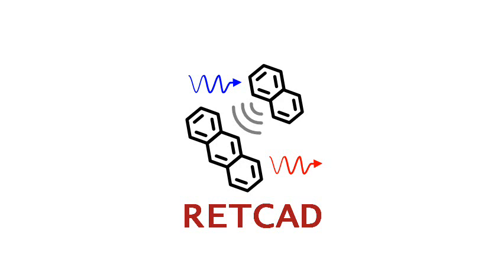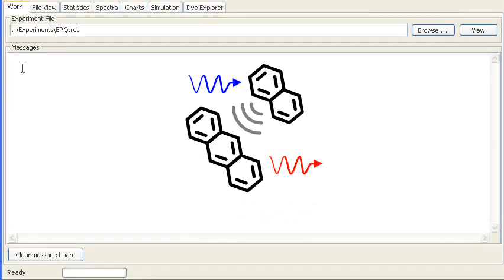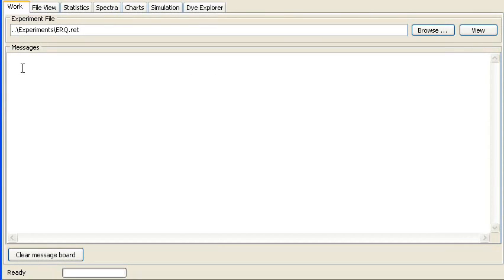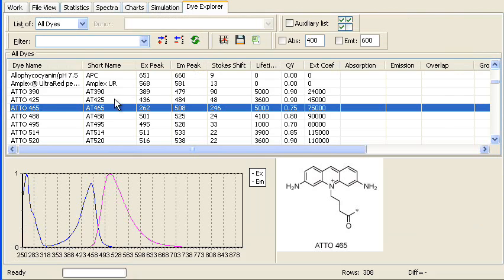Here's a brief overview of RETCAD. For each of the features presented in this overview, you can find a detailed presentation in a separate video on our website. We'll start with the Dye Explorer tab, which has a list of dyes along with their spectral properties